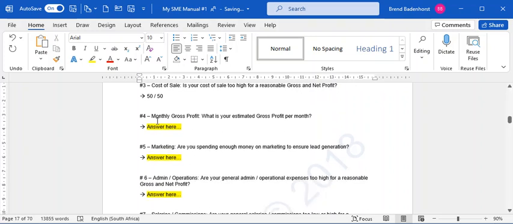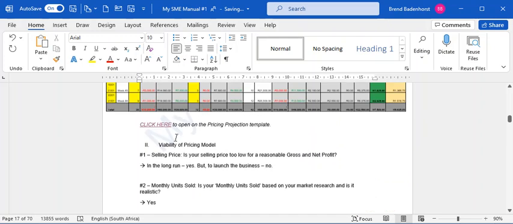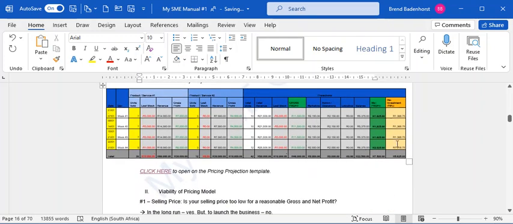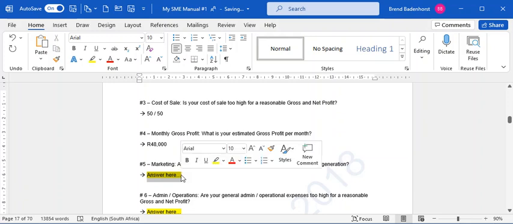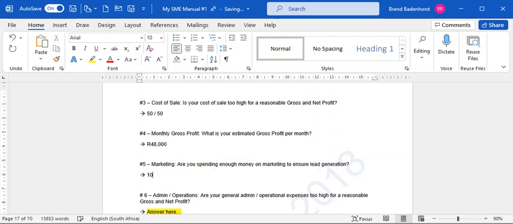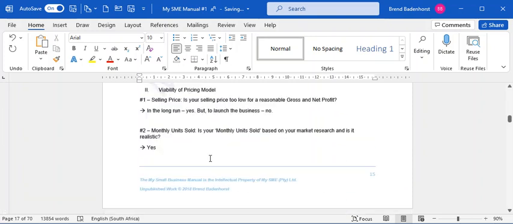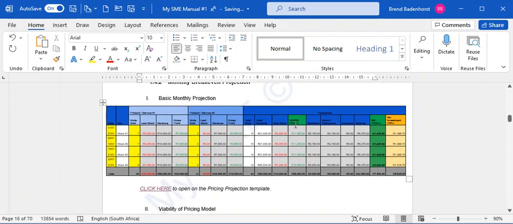My gross profit, my estimated gross profit, let's quickly go back to my graph. Estimated gross profit, it looks like 48,000 Rand. That's now per month. My marketing, I'm spending 10% back on my marketing, which ultimately, if I go to the figure, it should be,